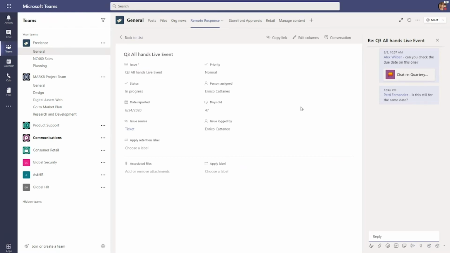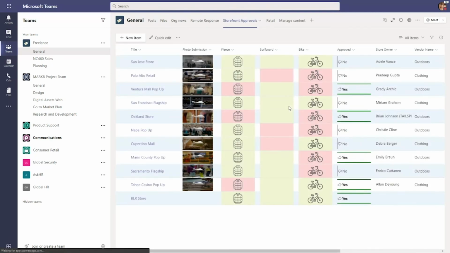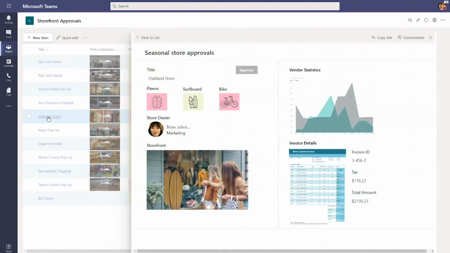So once you get the sense of the conversation right alongside the list item or the content, in this case, the list item, I want to show you an existing list that has one other thing that is of value. This is a storefront approvals list, and I'm going to show you a couple of things. I want to expand this into a broader view because I have a number of columns that stretch out to the right. And this time when I click on to view an individual item, it'll look a little bit different,